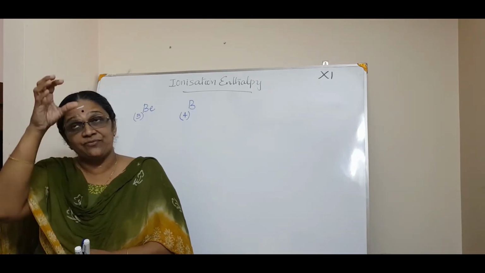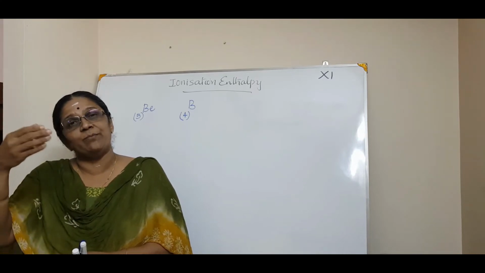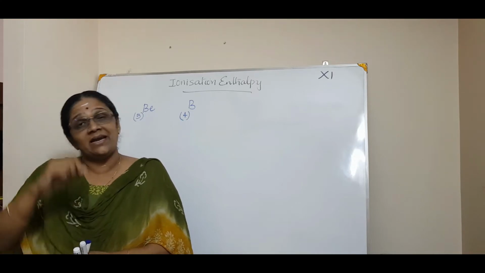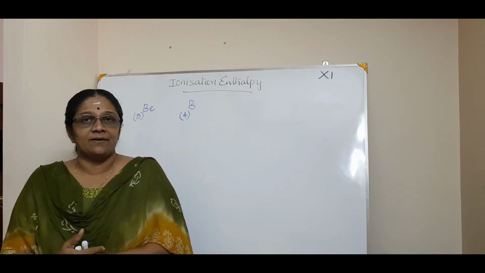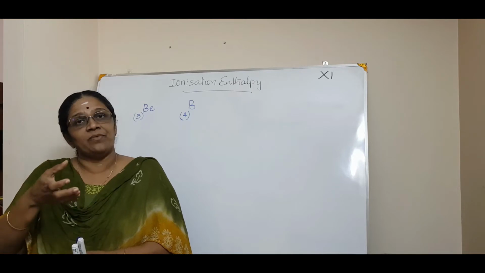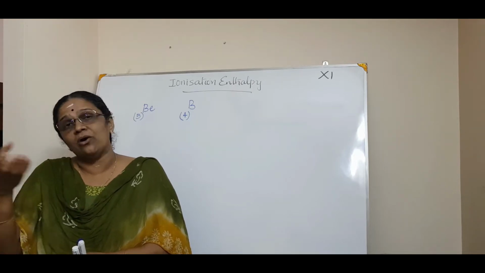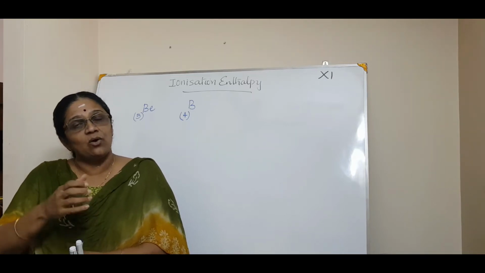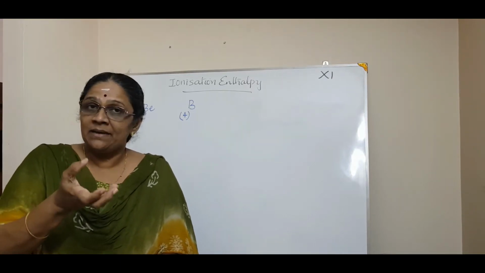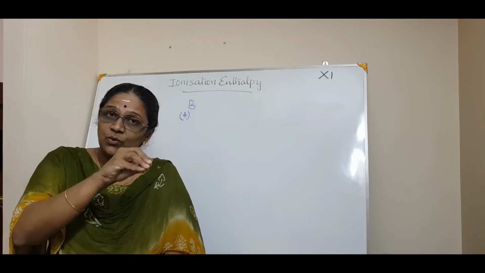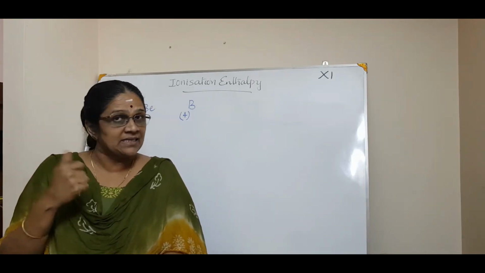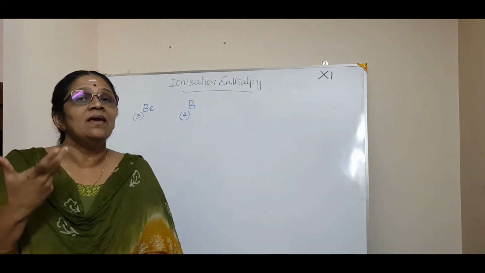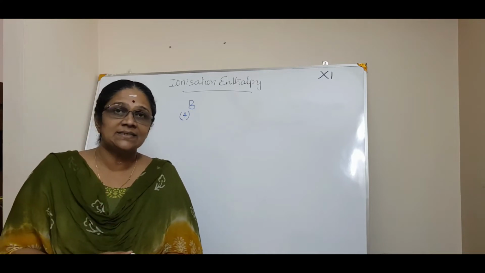Now as in the case of the first group elements like lithium, sodium, potassium, rubidium, cesium, all have one outer electron, and as you move from top to bottom in that group, cesium makes it very easy to knock out an electron because of the shielding of the inner electrons, isn't it? And also the size of the atom increases, thereby the distance between the nucleus and the valence electron increases. So you take all these things into consideration, and then we will say the IP increases or decreases accordingly.